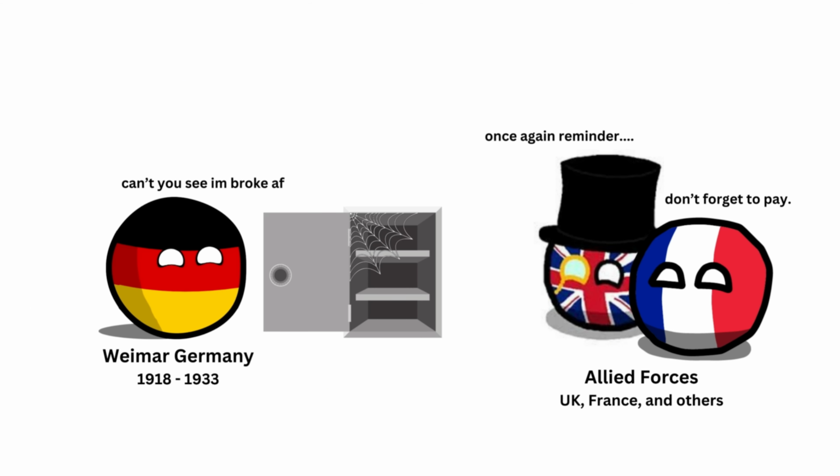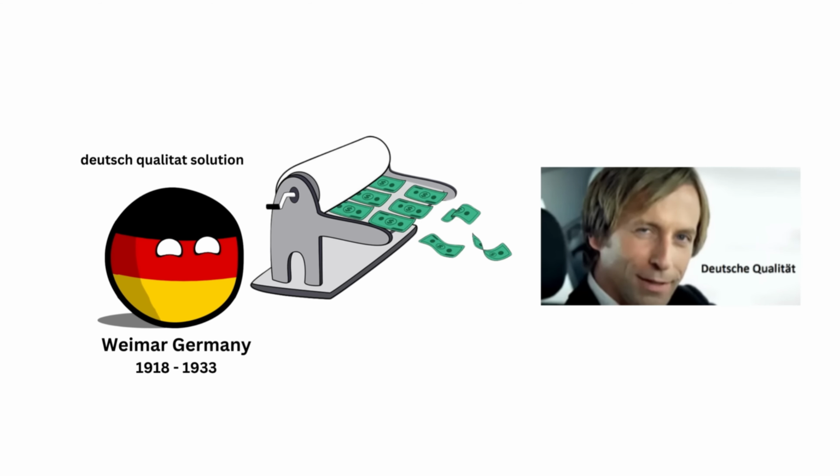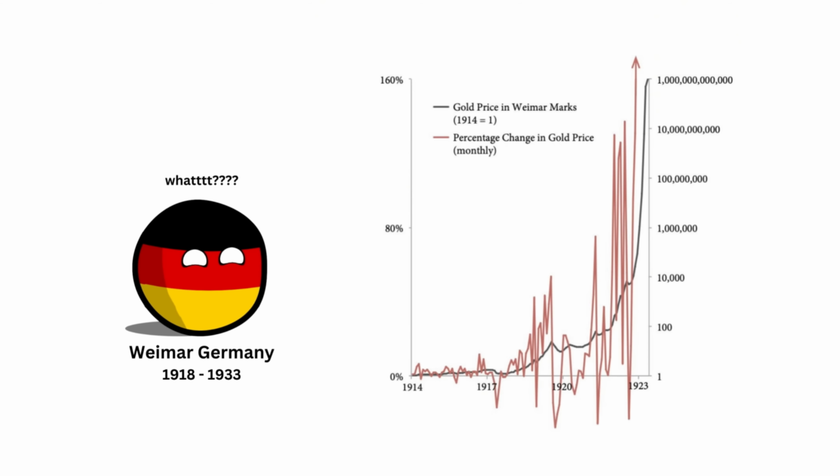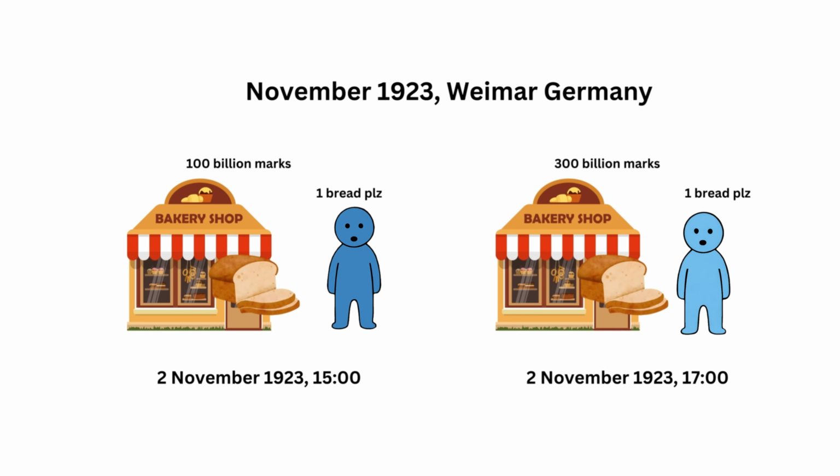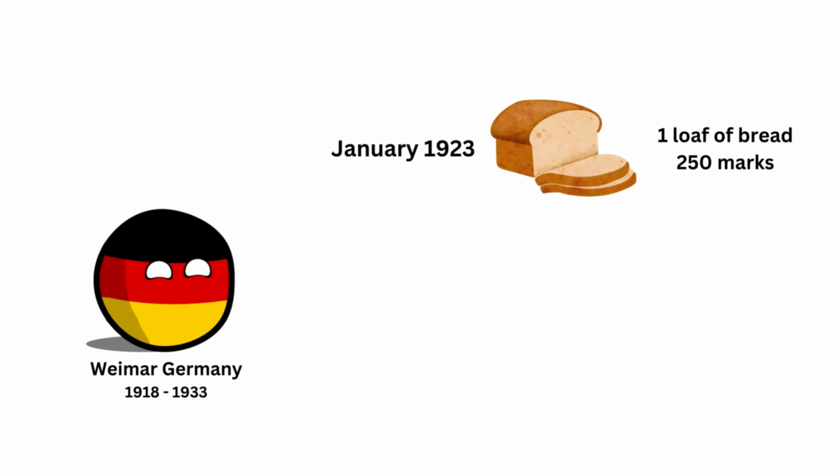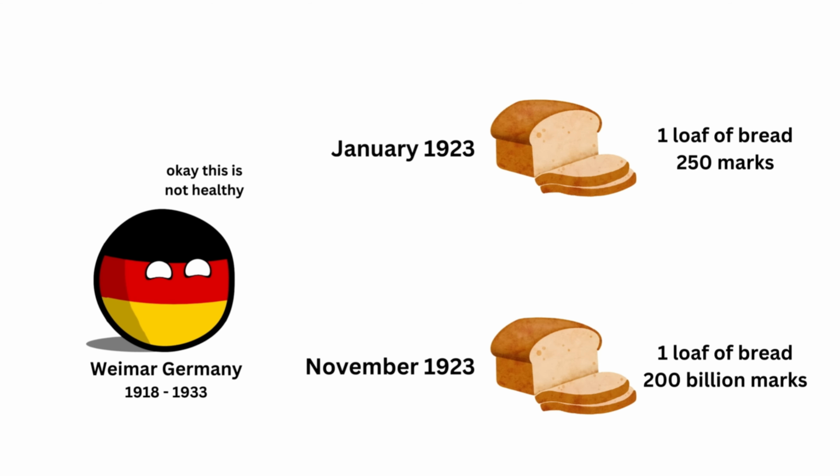In a desperate attempt to pay off reparations and cover debts, the government resorted to reckless money printing. This led to prices skyrocketing at an alarming rate. By November 1923, prices were doubling every few hours. People needed wheelbarrows full of cash just to buy basic necessities like bread. For instance, a loaf of bread that cost 250 marks in January 1923 skyrocketed to 200 billion marks by November